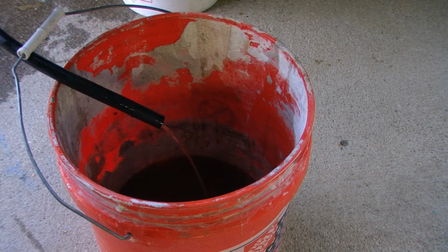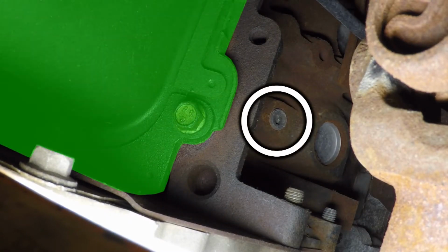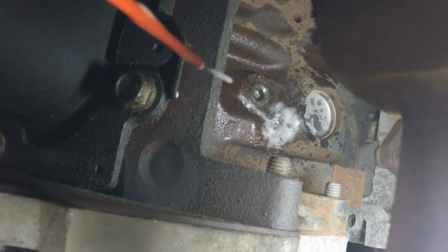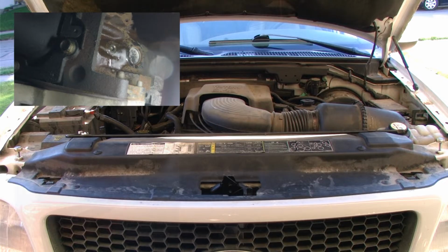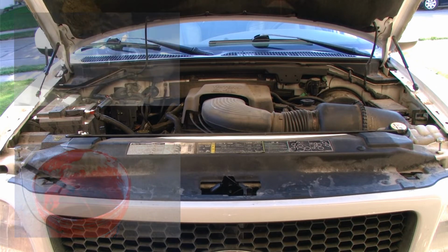While it's draining, we can locate the block drain plug. This is located underneath the vehicle, inward of the driver's side tire by the oil pan. I will apply some Amsoil's metal protector to the plug and let it sit for a while. While we are letting the Amsoil's metal protector soak in and the coolant drain from the radiator, I wanted to